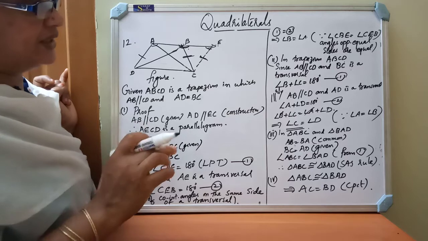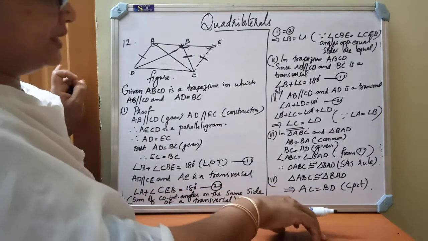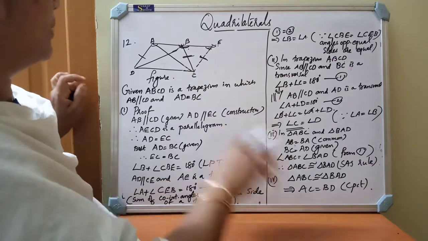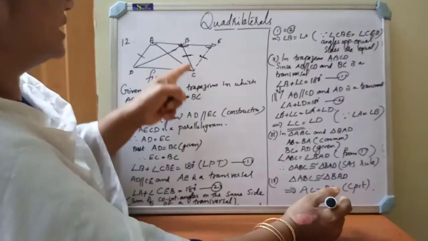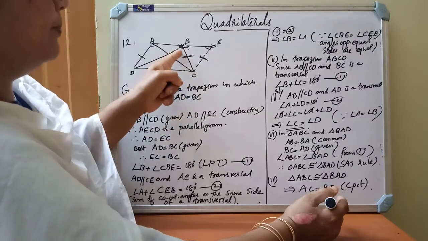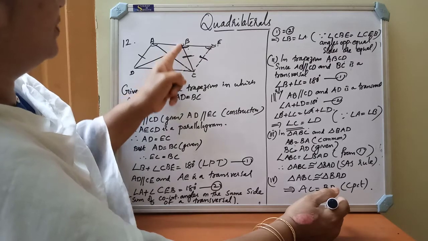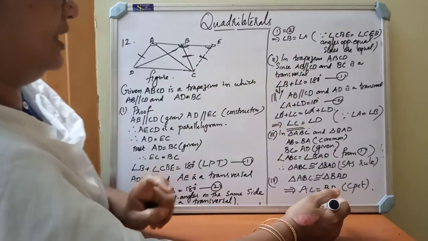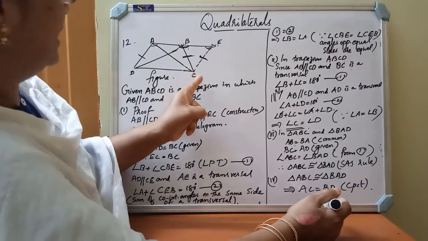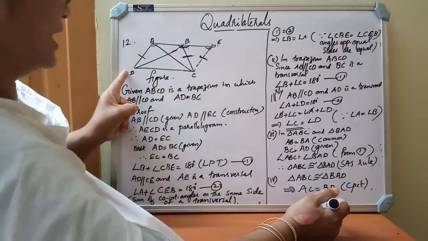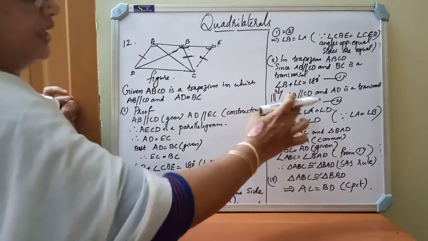So what is the second question they ask? Angle C equal to angle D. In the same manner we have to apply in trapezium ABCD: AD parallel to CD and BC is a transversal. So angle B plus angle C, if we add these two angles, we will get 180 degrees. In the same manner, AB parallel to CD and AD is a transversal, so angle A plus angle D equals 180.